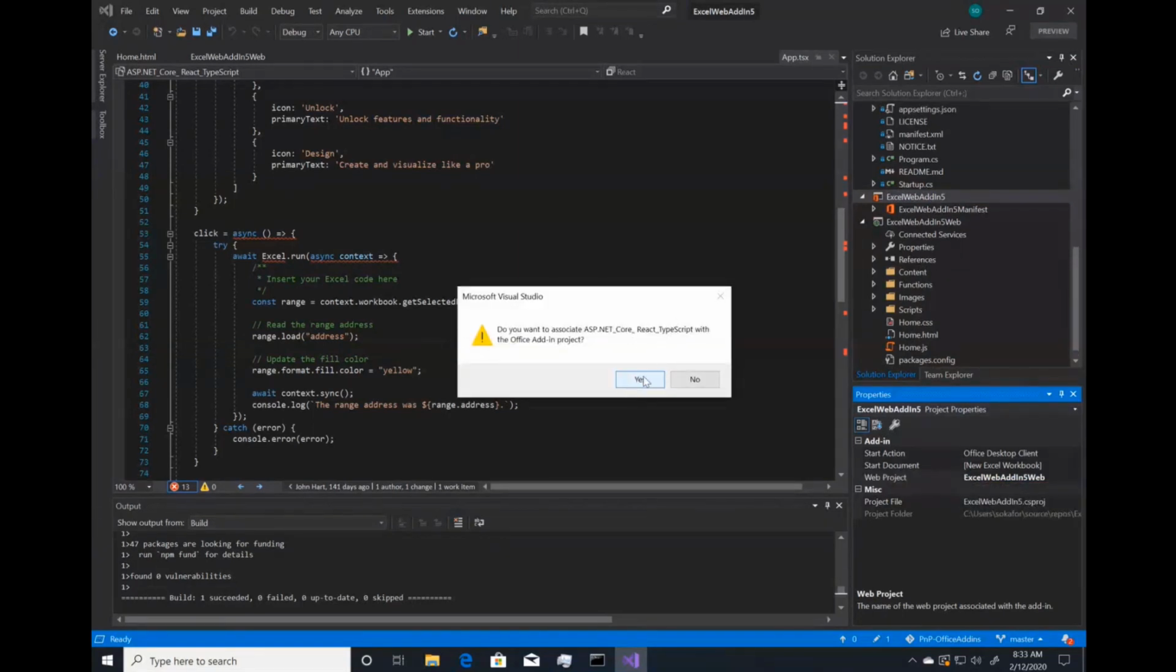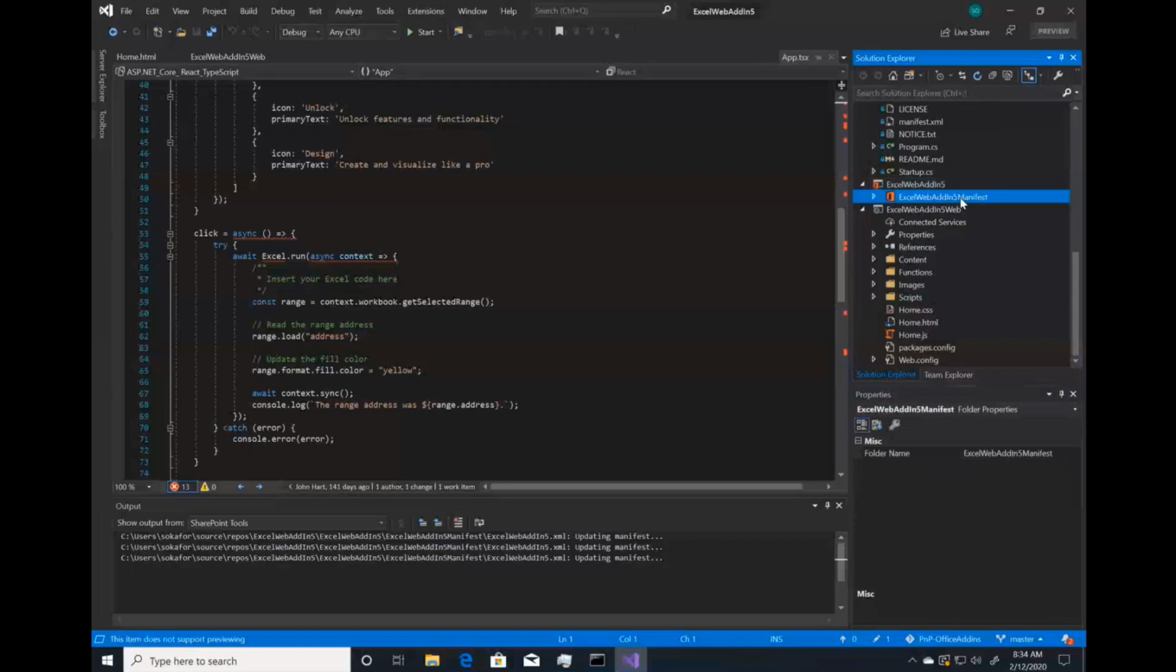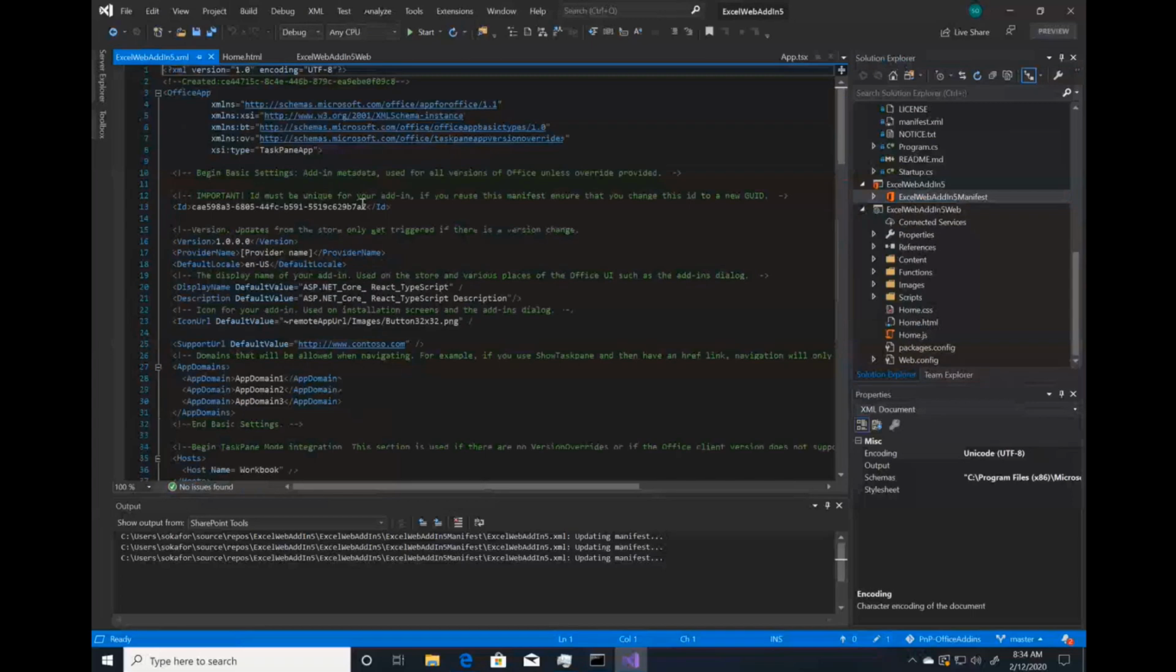Here, you want to change this to your .NET Core and React template. Do you want to associate? Yes, we do. We want to link the two together. And that will update the manifest and do a couple other linkings. Then the final step in this to link the two projects is to go into your manifest, copy this ID,